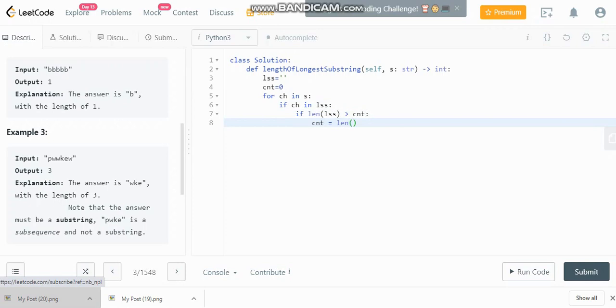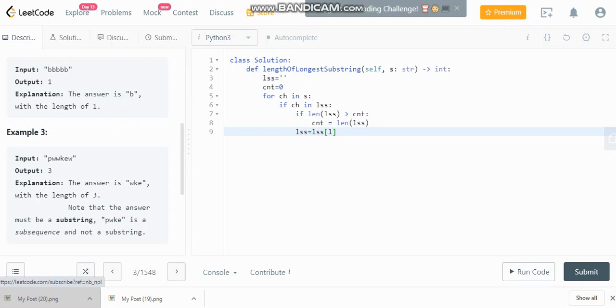Now we need to do the sliding of the window with this line. We are going to use the slicing technique of Python. In Java, maybe you can use substring and indexing.